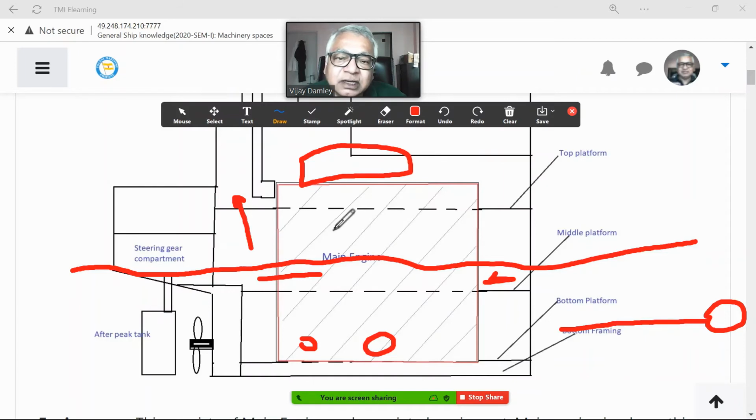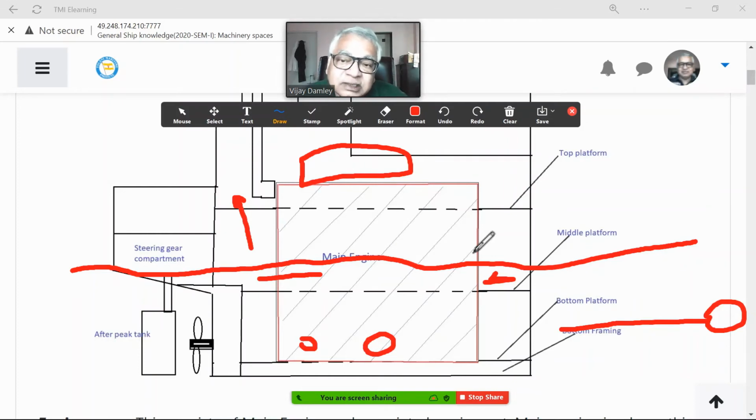That is the reason we don't store large fuel here. We just keep what is required. That is 48 hours supply normally. Sometimes it may be a little bit high, 60 hours or something, but that's it. And there are automatic systems which will keep on transferring it and doing everything. So there are automatic systems, but everything is in a very large size.